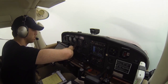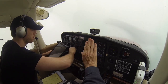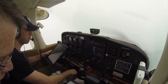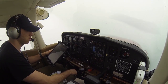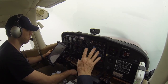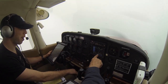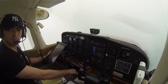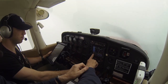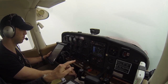She was a trooper, but all right, so you can see we're going to make a right turn, right? Yeah. I guess I could take away the map somehow with a post-it note, maybe. I don't know. It's hard to do partial panel or no GPS in a 530. But the other buttons you can see are about the same, right? We got several buttons, there are just more of them. Right. And you have 5 data fields, and you also have the same localizer right here. Right. Same CDI. And if I push this button here, that goes to the VOR, but this one stays here. Oh, okay. So this button controls what